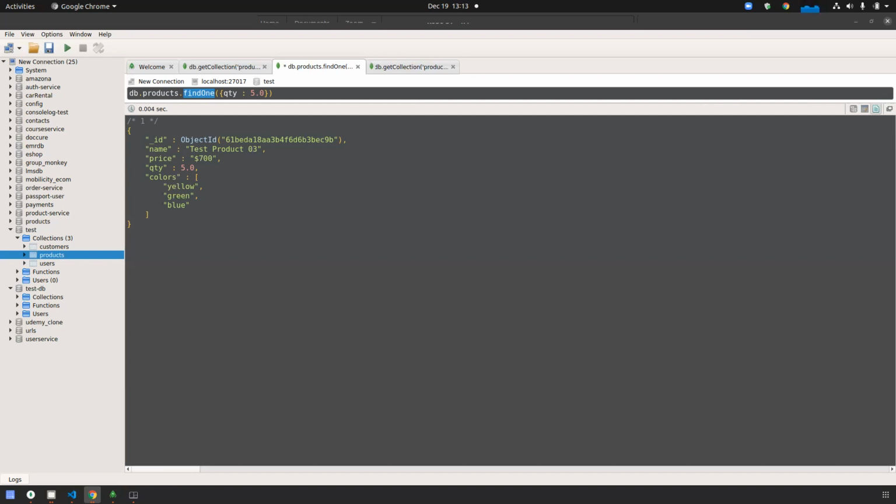No, that is not the question you asked. The findOne method always returns a single record, which is matched. Like I'm giving quantity 5. If there are 4 records, so which will it match first?